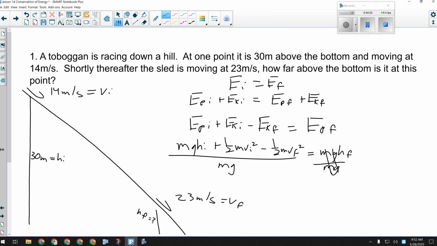H isn't squared. All right, so plugging in our numbers here, we will have, oh, okay, sorry, this was the one I meant to talk about because we don't have mass here. Does it matter? No. It doesn't, because every single term in this question is multiplied by the same number, mass. So it actually doesn't matter. I can take it out of every single term. Now, you don't have to do that, and on a quiz or a test, I would give you the mass, okay, just so nobody's confused.